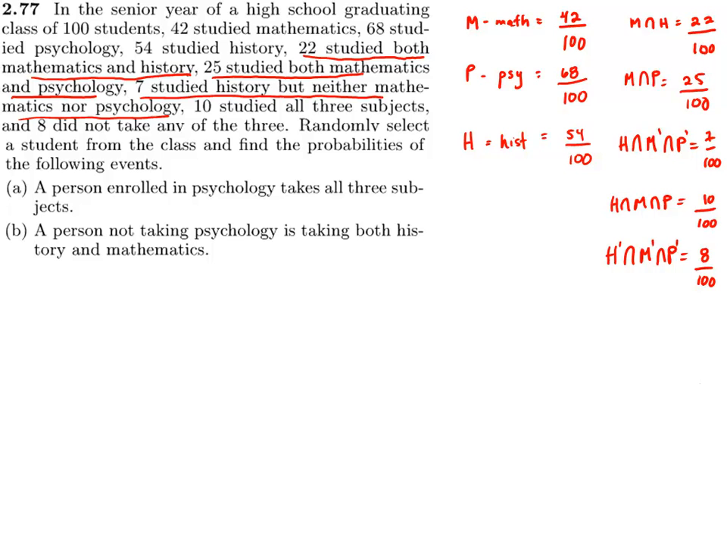So the first question is, a person enrolled in psychology takes all 3 subjects. So we know that the person is enrolled in psychology. So that's a given. So using the probability that the student is enrolled in that course, what is the probability that it takes all 3 subjects? So that can be stated as a conditional probability as follows. The probability of taking all the subjects